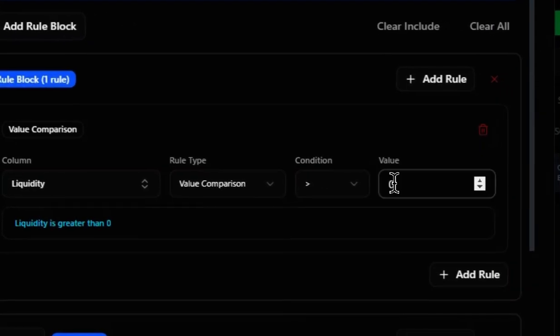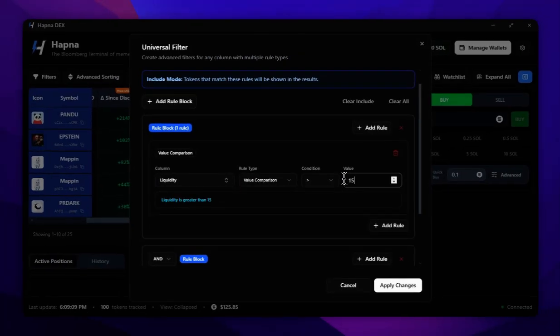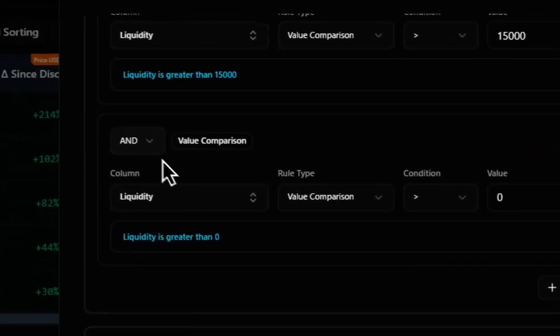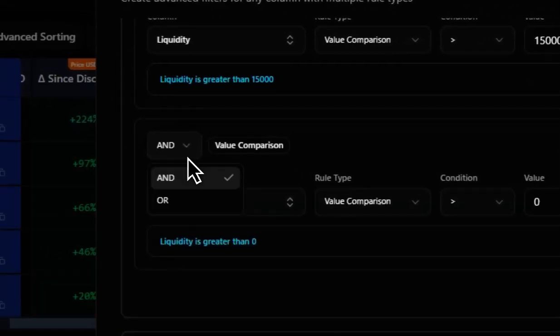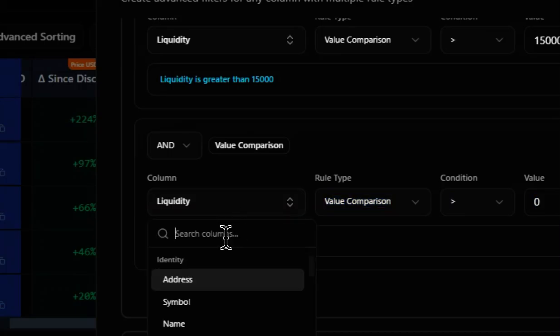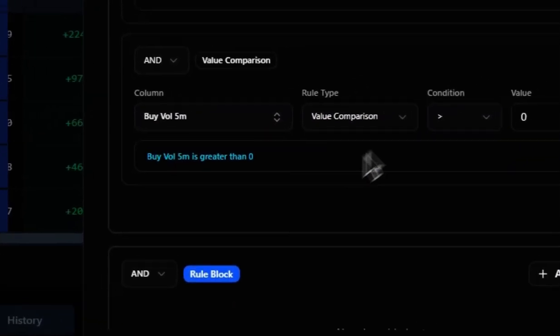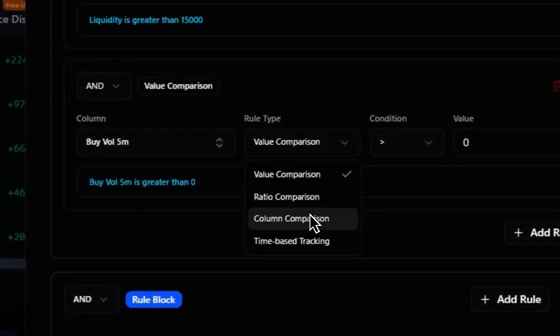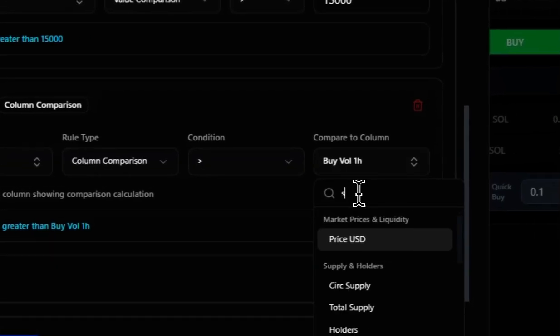I want to see only meme coins that have more than 15,000 in their liquidity. Same thing here. You can, of course, set the operator between each rule within the rule block. I want to see meme coins that have their buy volume bigger than their sell volume. I don't want to see the ones that